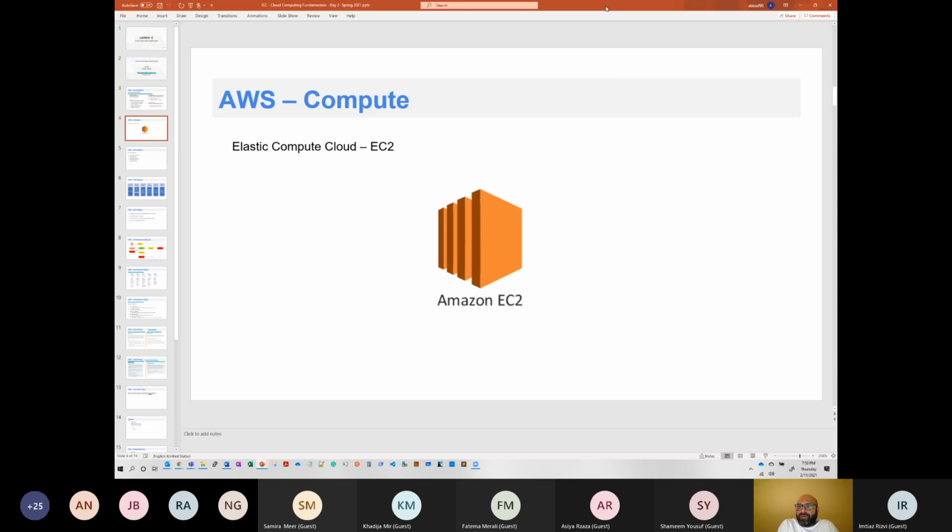So Amazon offers that compute capability, which is a virtual machine in the cloud, or Amazon calls it an instance. So going forward, I'm going to be referring to it with the word instance. What do they call the compute service? Amazon calls it EC2. EC2 is Elastic Compute Cloud. It provides the capability to install